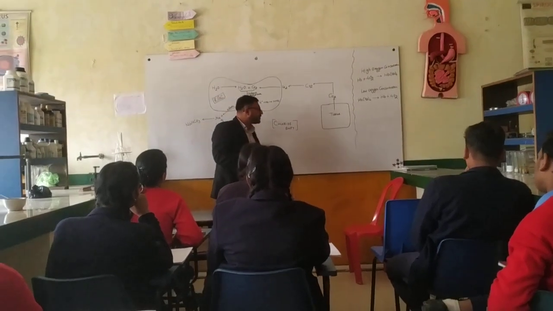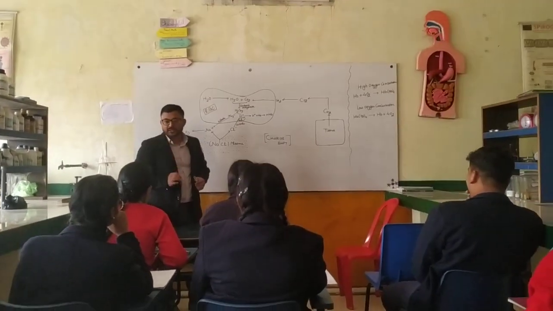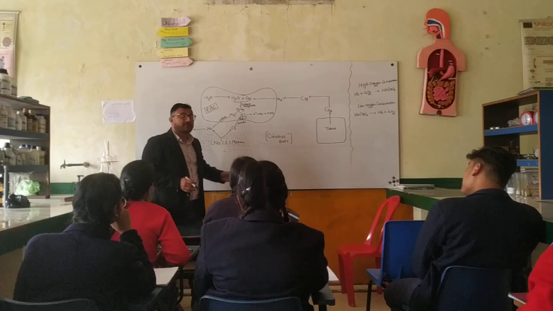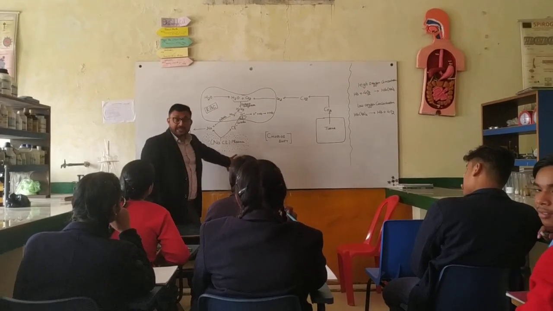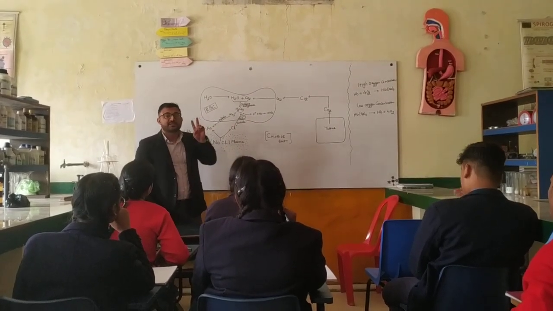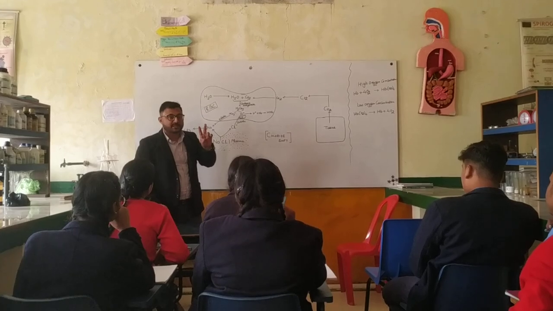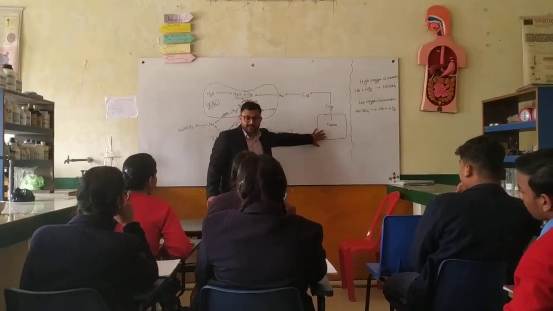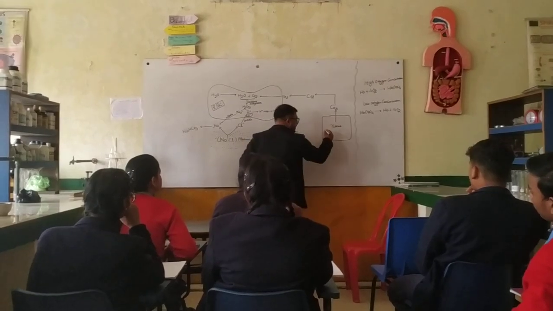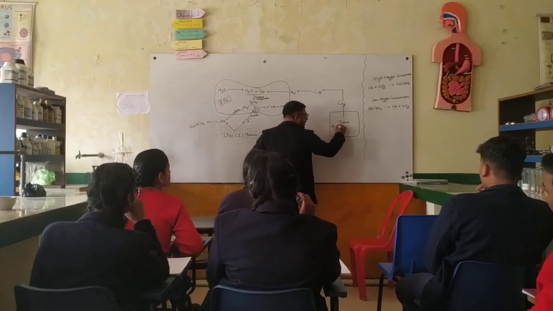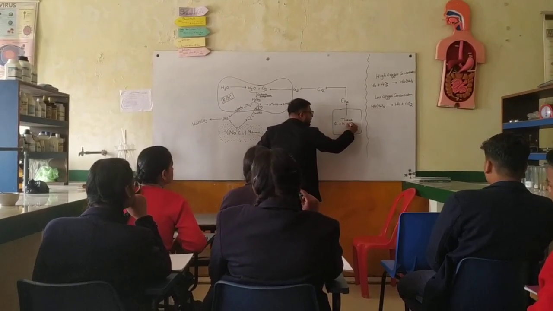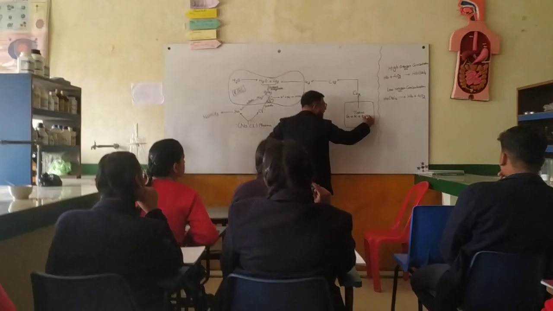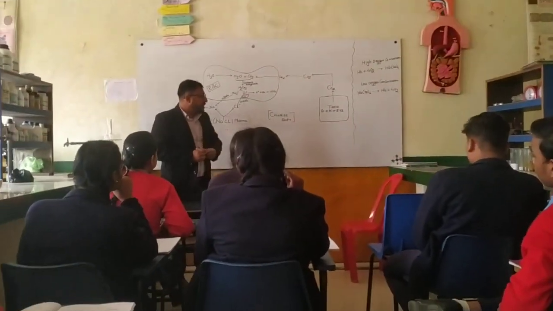It is actually a part of our class 11th chapter, respiration, and this respiration chloride shift is very important. In this chloride shift there are two things which are very important. First thing is the tissue, which carries the oxygen and does three types of processes: one is glycolysis, another is Krebs cycle, and the third one is ETS, electron transport system.